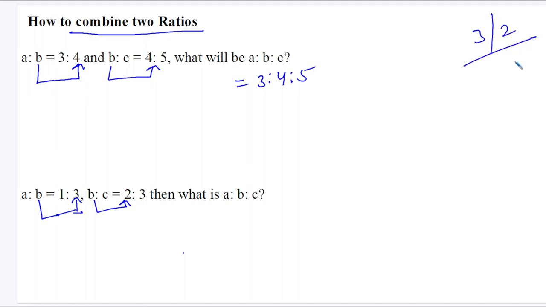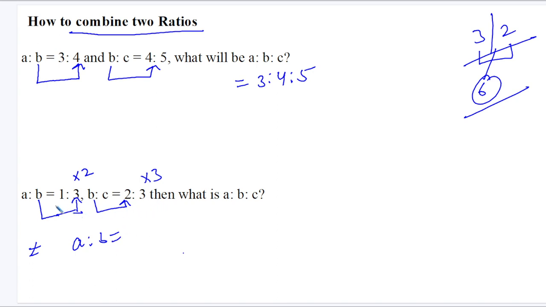So what's the common multiple of B? Common multiple of 3 and 2? I believe 6. 6 is the smallest possible common multiple of 3 and 2. So I need to make B 6 in both the ratios. To make that, I need to multiply the first ratio by 2 and the second ratio by 3. I'm making B's value 6 in both the ratios. And please remember that whenever you want to multiply the ratio by anything, the whole ratio will be multiplied,